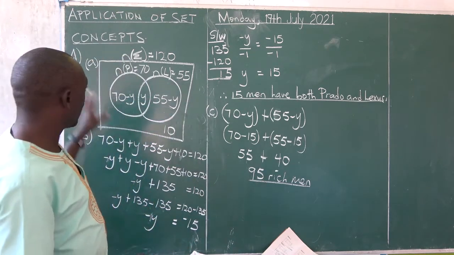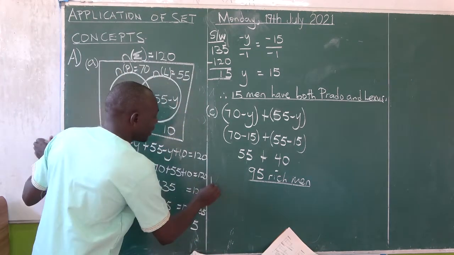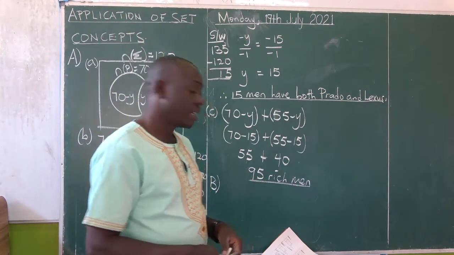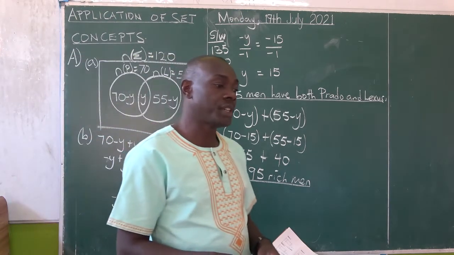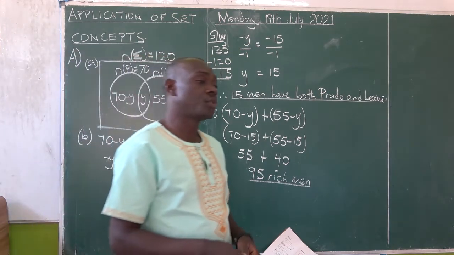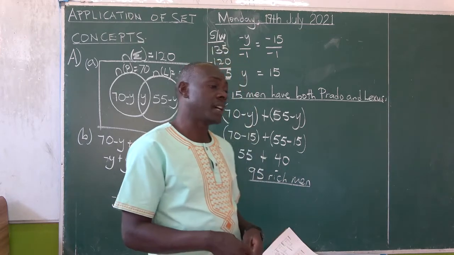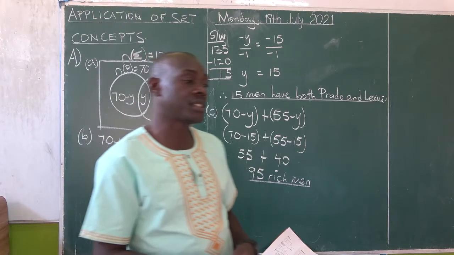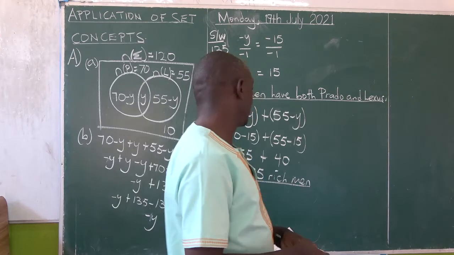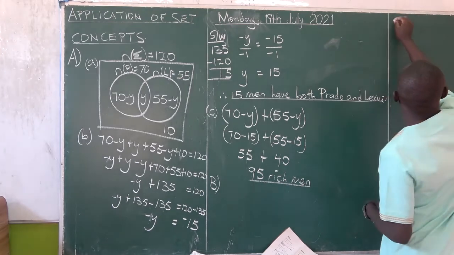This one was a number or a single number activity. So the B activity of that page says represent the information below on the Venn diagram and find the unknown. So meaning you have two instructions, one representation of that given information in the Venn diagram, as well as find the unknown that is involved in that part B.